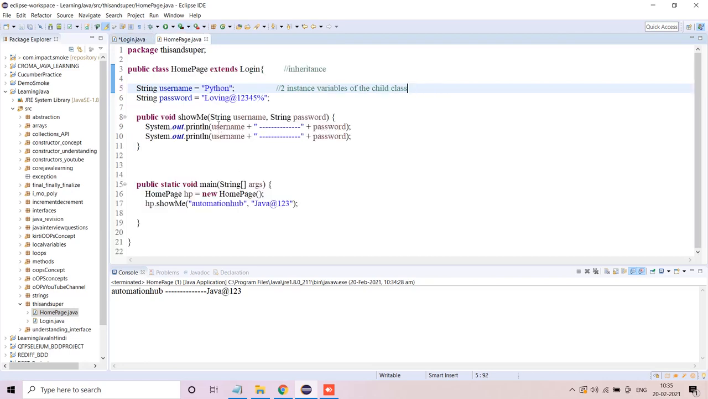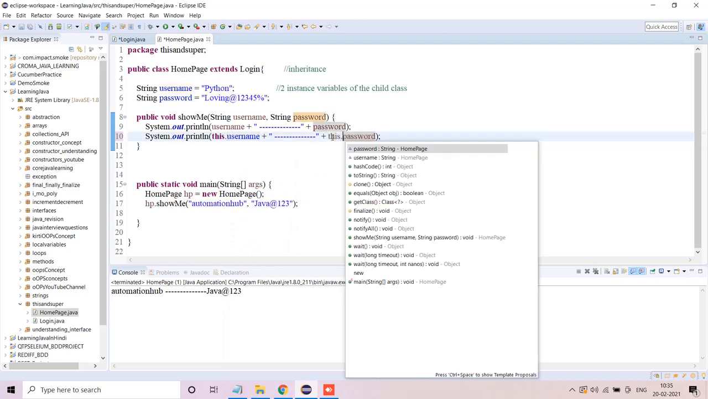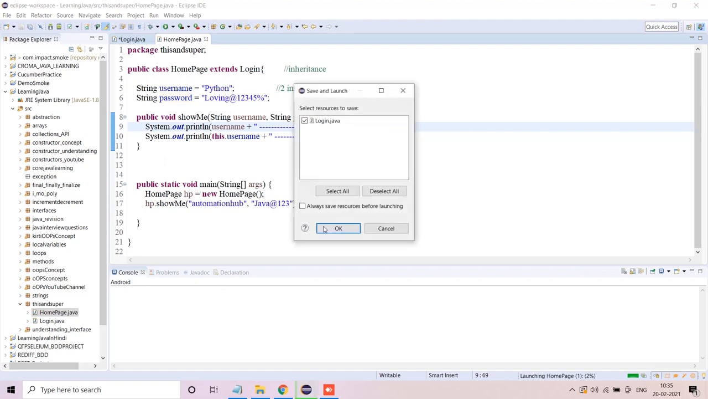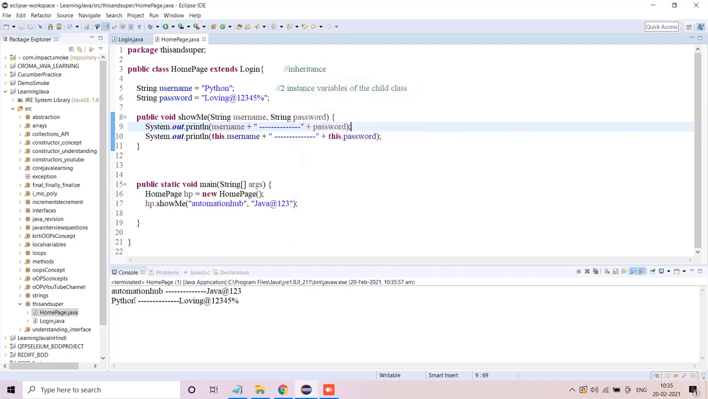So now if I have to call these two things, and this is what we are in the current class, that is we are in the child class. So to access this I have to use this keyword. So I'm going to use this dot and I'm going to use this dot. So now if I execute the program, I'll get Python and loving 12345. That means if I'm using this keyword, then it is pointing to the current class instance